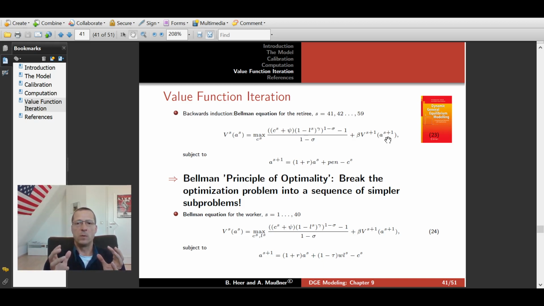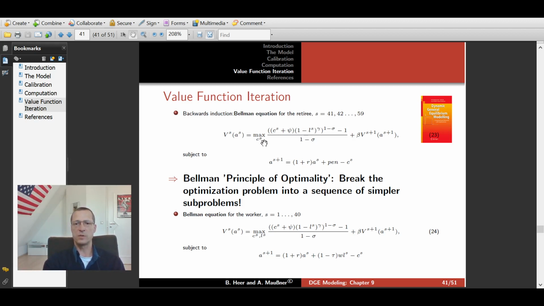So by breaking up the value function problem from a 20 or 40 or 60 dimensional optimization problem into a one-dimensional problem where we just choose optimal